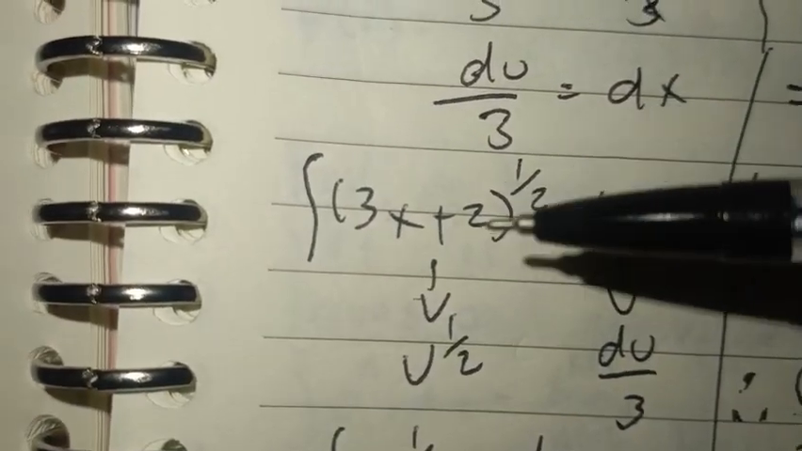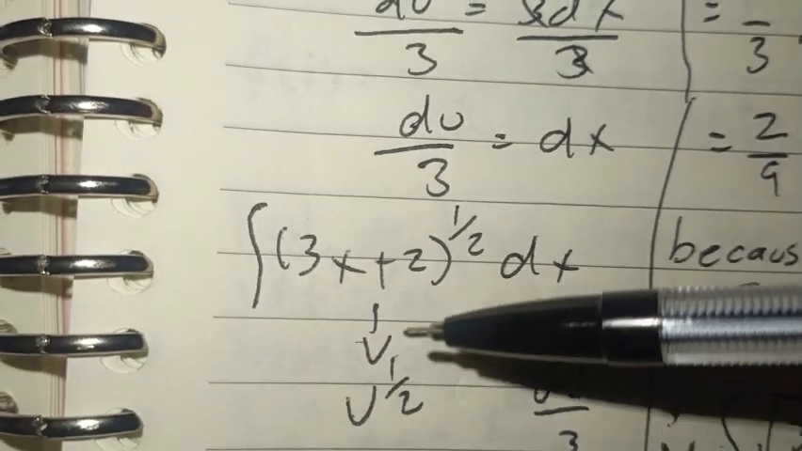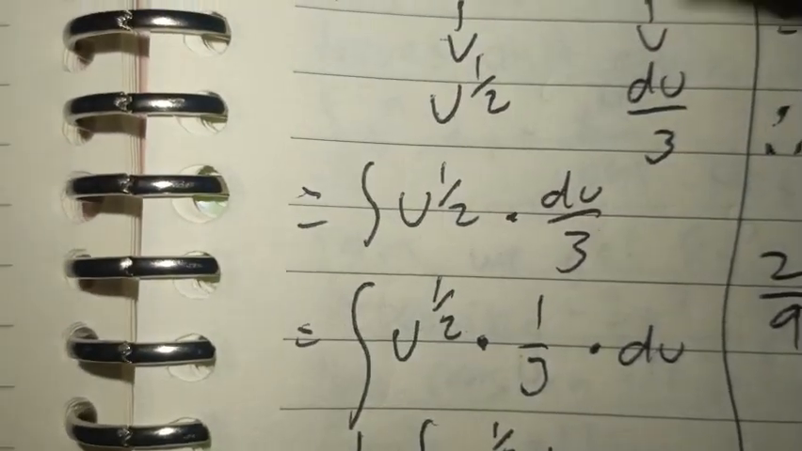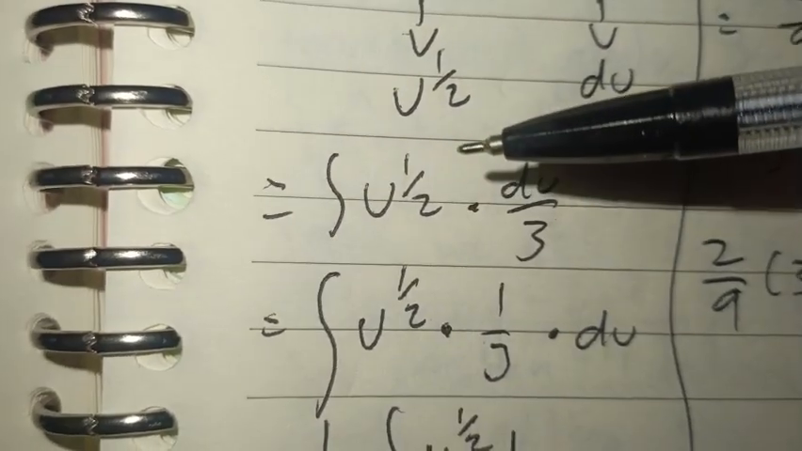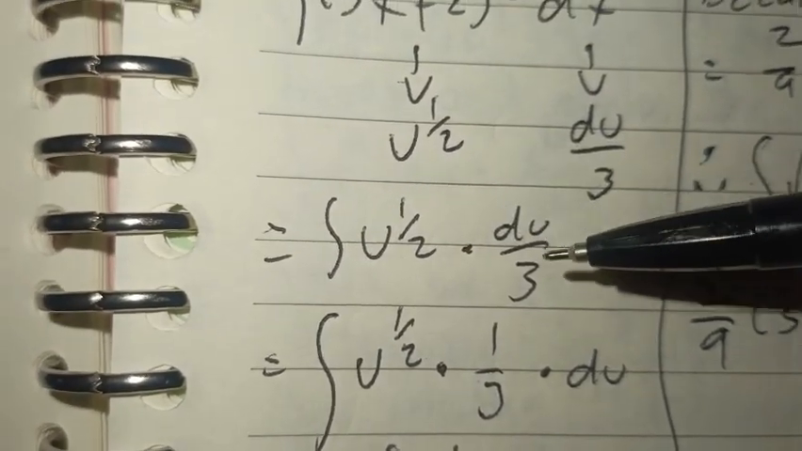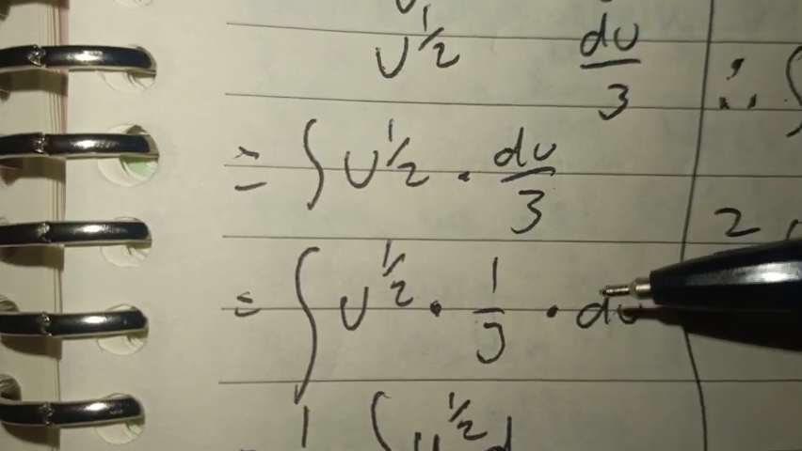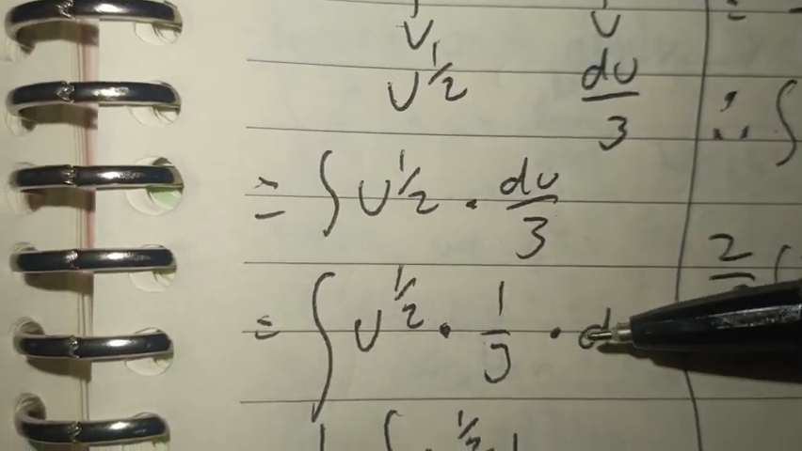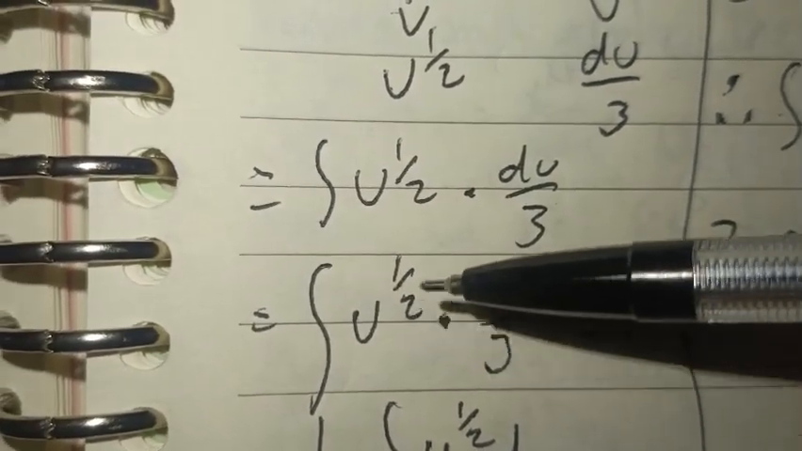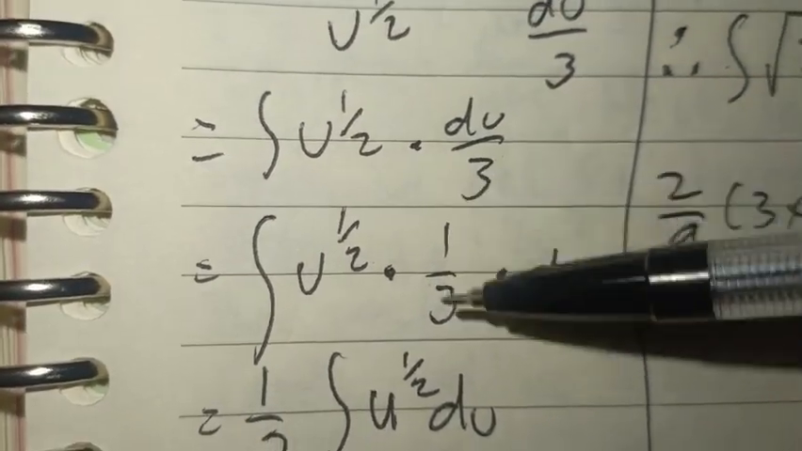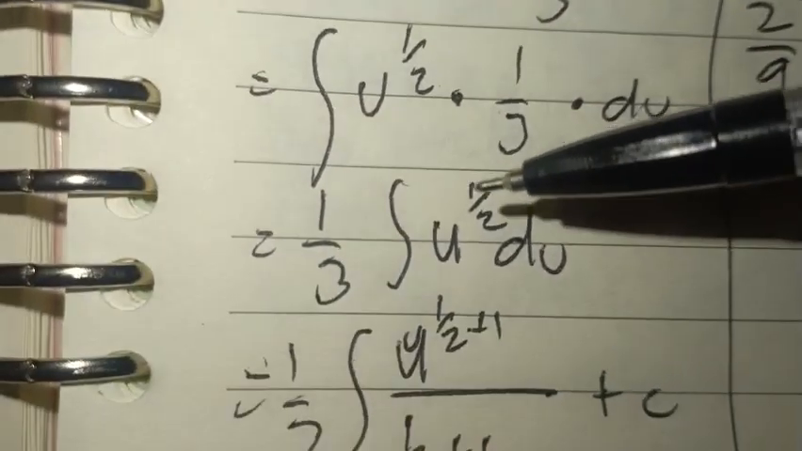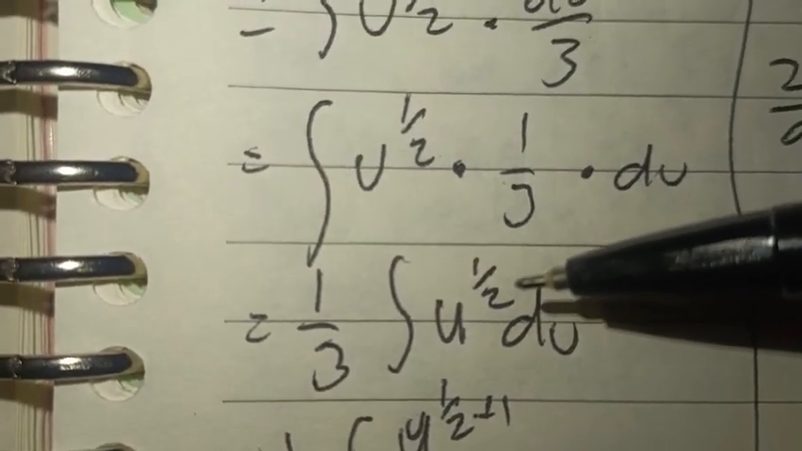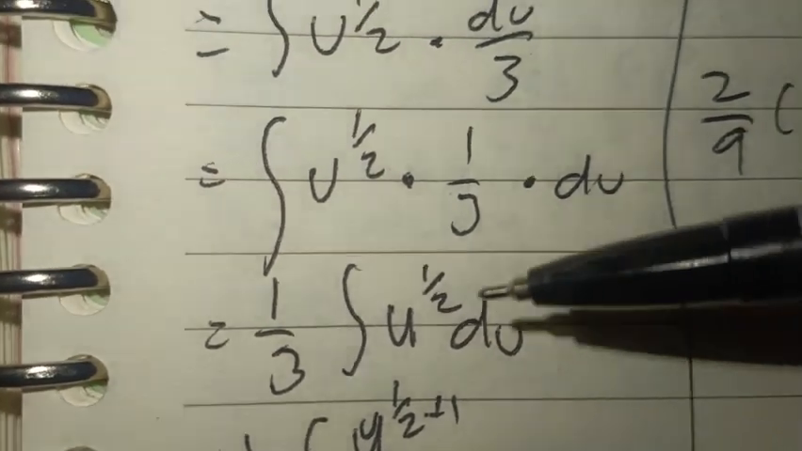So we have here to substitute 3x plus 2 as u raised to 1 half and dx as du over 3. So the integration of u raised to 1 half multiplied by du over 3. And here we can factor out again. Du over 3 is, there's an invisible 1 here. So 1/3 multiplied by du, and we have u raised to 1 half in the front. So we're going to group out again 1/3. So we are left inside the integration with u raised to 1 half